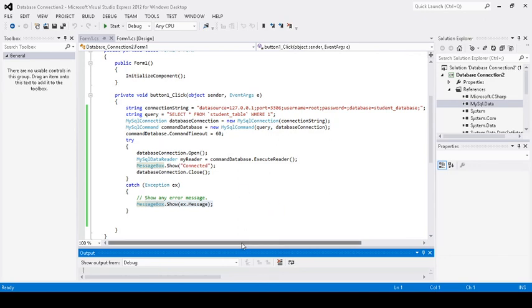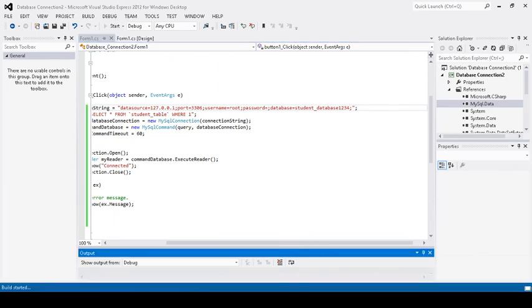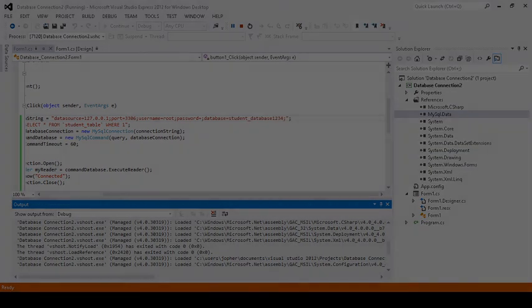Okay, so next, let's go back to our code. Let's try, if we change the database, let's try to put some error. Okay, and then click run. Okay, let's wait. Where's the output? Okay, so this is the output.